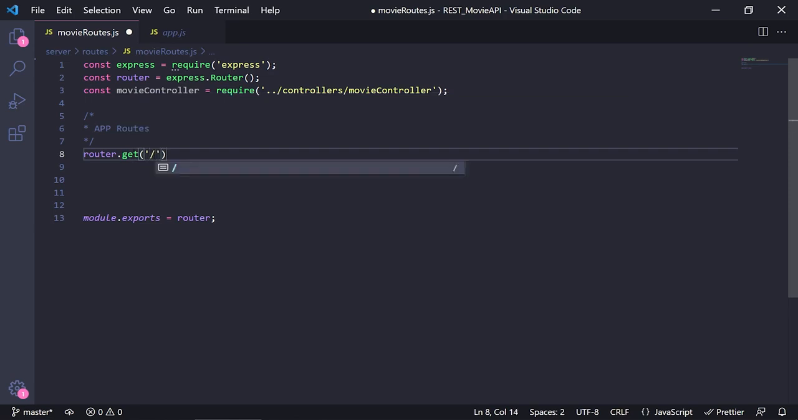Now inside here, this is pretty much what you want the URL to be. If you leave it a slash, this is going to be kind of like the home page. So it's going to be localhost 5000, and that's it. That's going to be the home page. But what I'm going to do in this video is I'm just going to do it a little bit more specific, and I'm going to do an